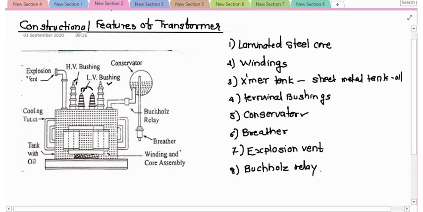Unless proper precautions are taken, the outside air which is entering the transformer during the process of breathing can have considerable moisture. When the oil in the transformer is exposed to such moist air, it readily absorbs the moisture from the air and it loses its insulating value to some extent. So this deterioration of the oil can be avoided by means of the conservator. So what is a conservator? Conservator is nothing but one airtight cylindrical metal drum.